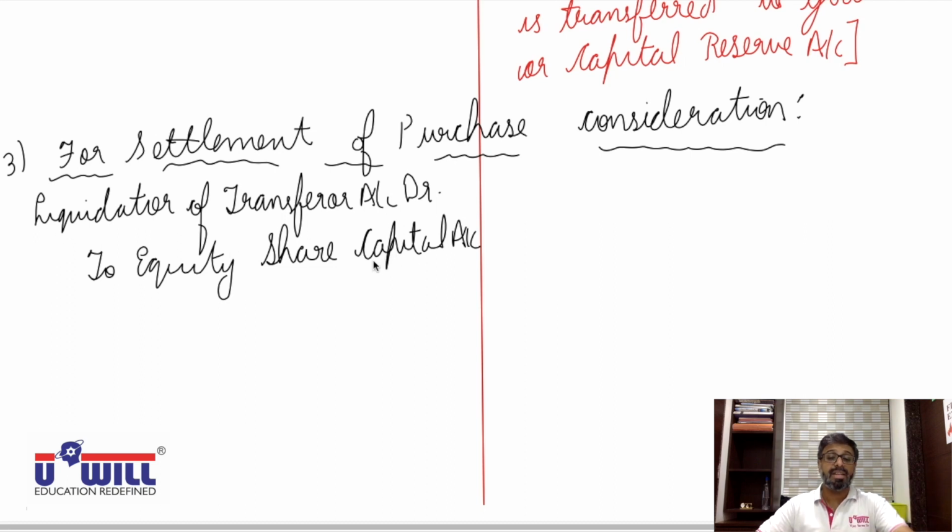But in pooling of interest method, entire purchase consideration is paid in the form of equity shares only. So entry will be liquidator is the receiver, debit the receiver, liquidator account debit. And since you give only equity shares, goes out, credit what goes out to equity share capital account. Now how will this differ in purchase method of accounting? Again, liquidator is the receiver, debit the receiver, liquidator of transferor company account debit,